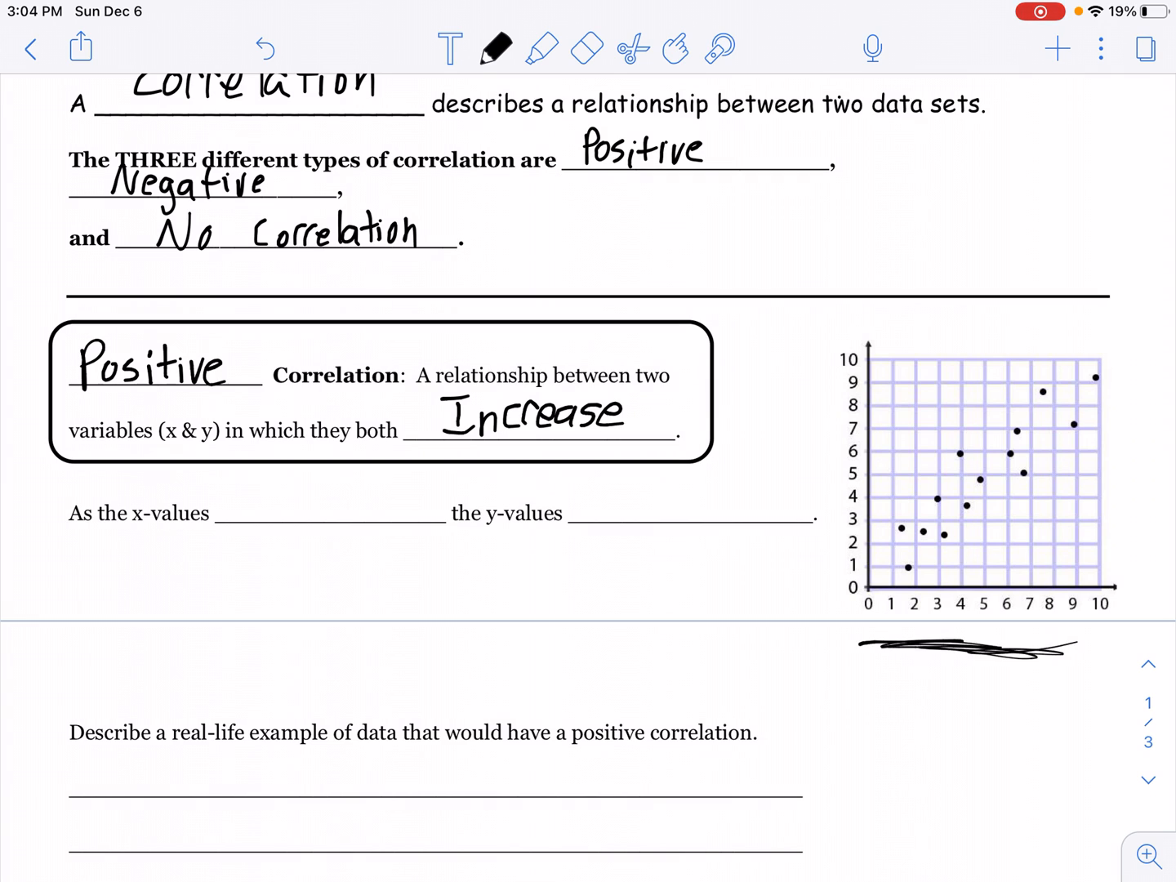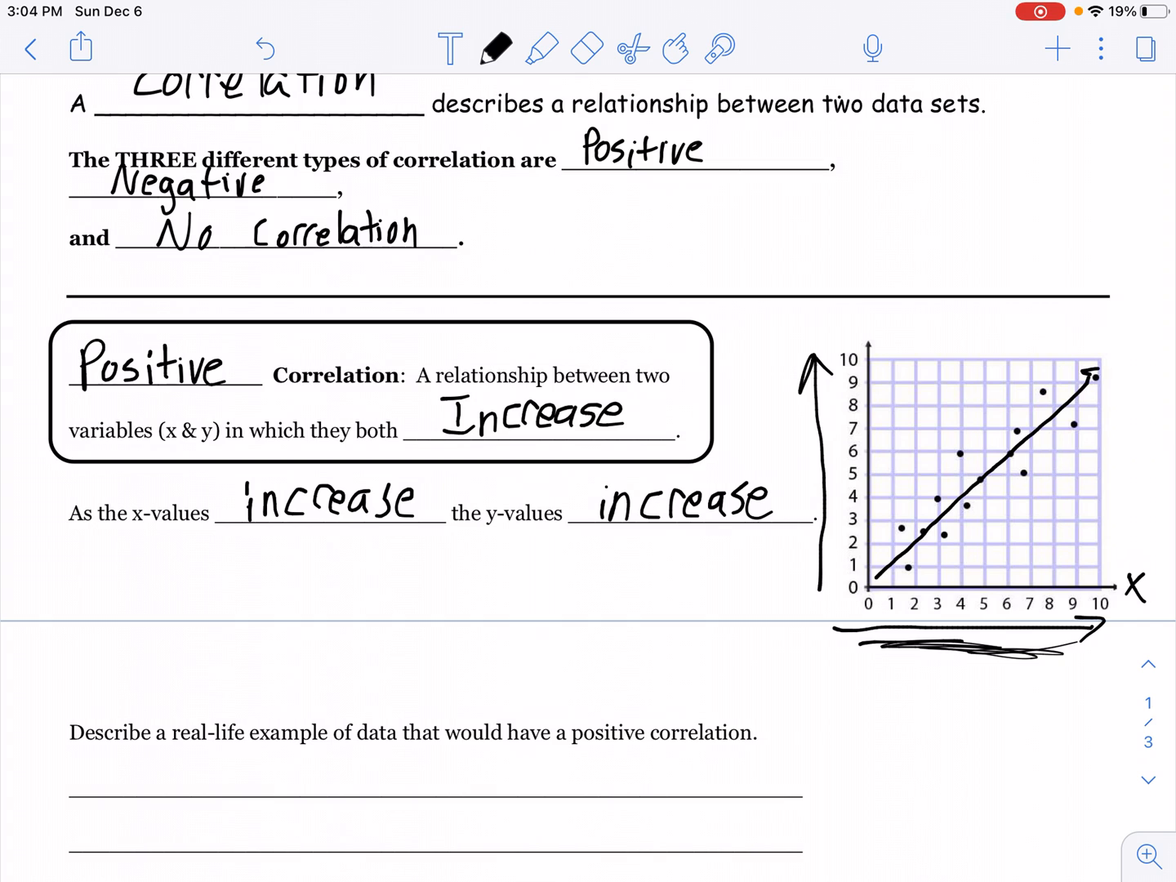scatter plot given to us here, notice as I go this way, as my x values increase, the y values are also increasing. As I move across the x-axis, y is becoming bigger. So as the x values increase, the y values increase. Okay, so they're both increasing. That would be a positive correlation. And notice if I made a general trend line through our data, the general trend line appears to be increasing